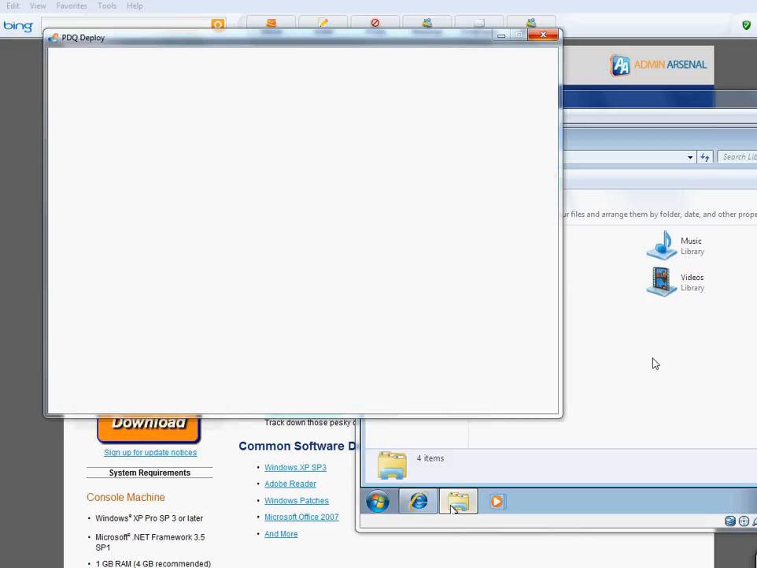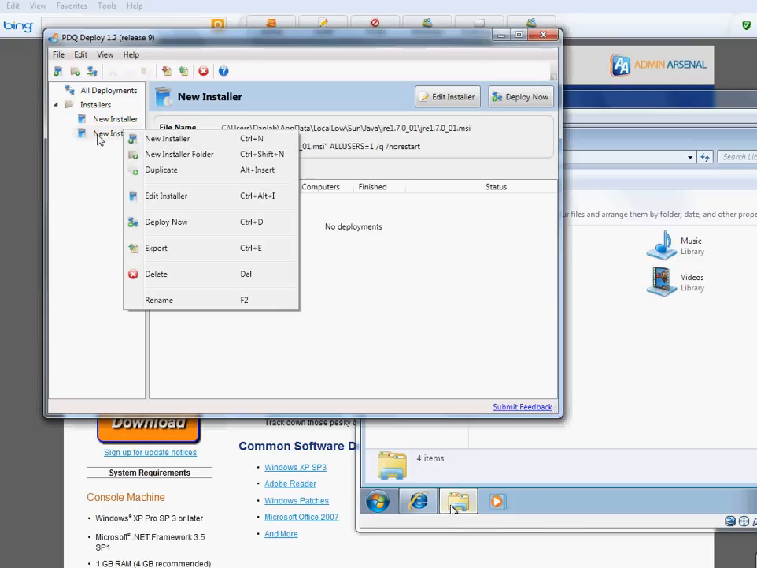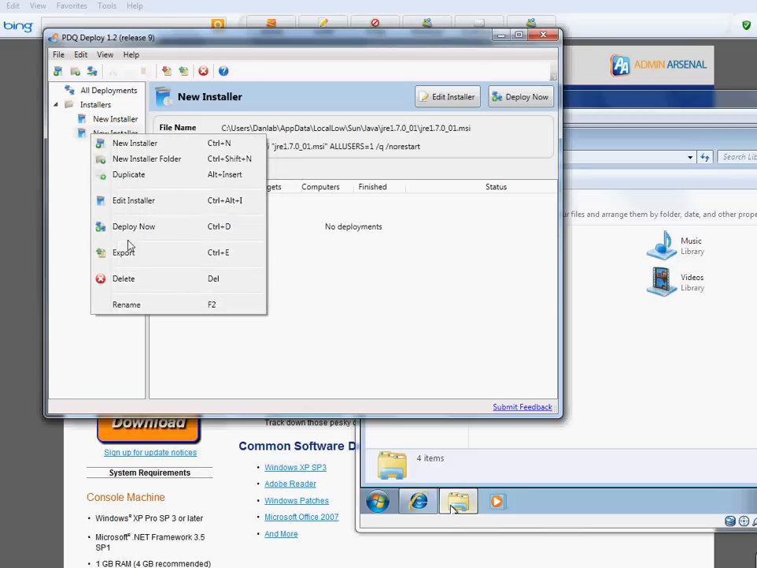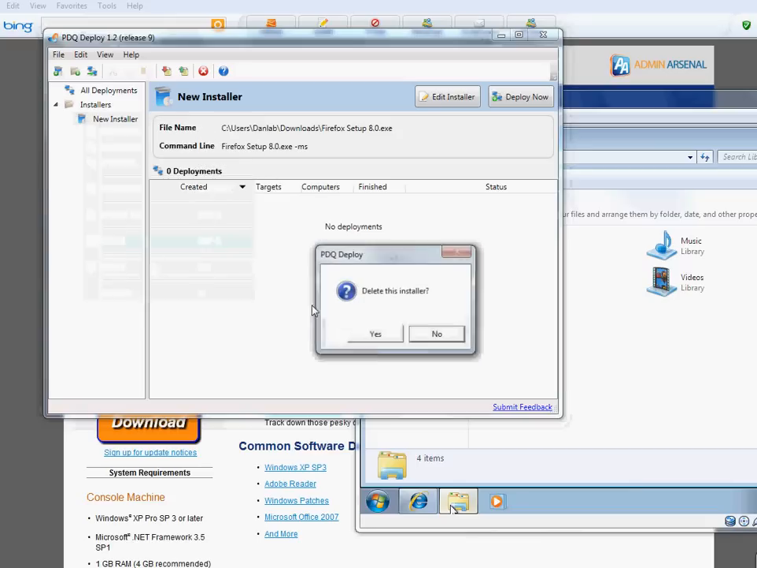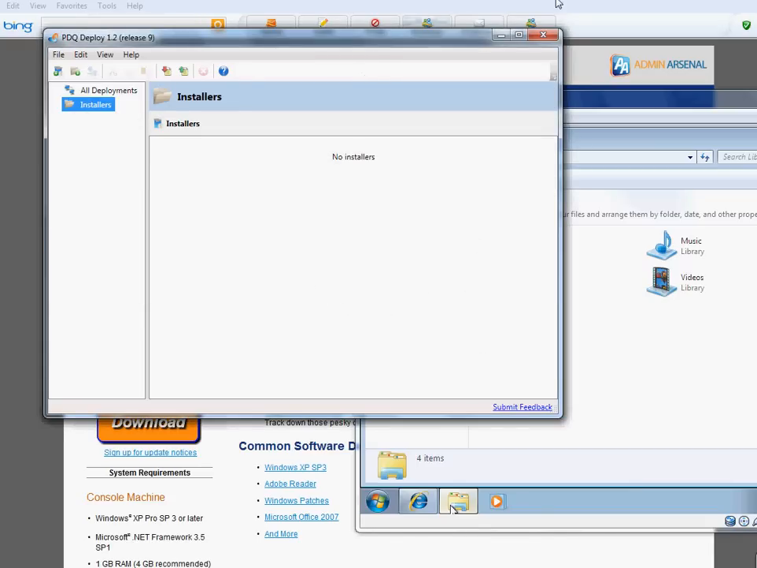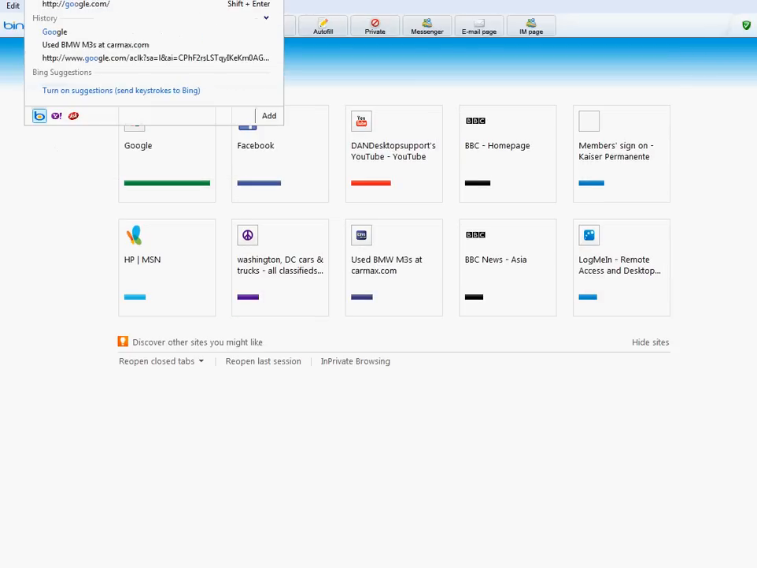Alright, so let me just delete this stuff right here so then I can show everything from scratch, so there's no confusion. Okay, the first thing as a support person or administrator, the first thing you need to do is find the deployment